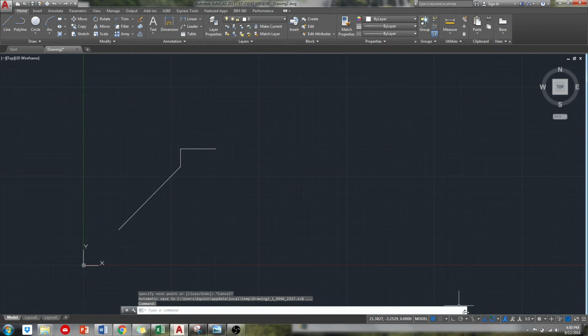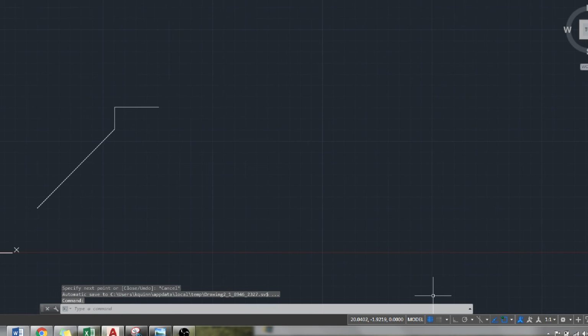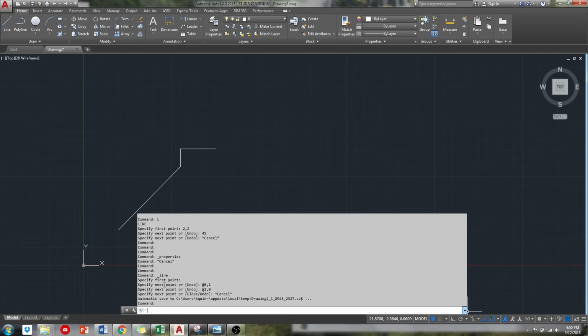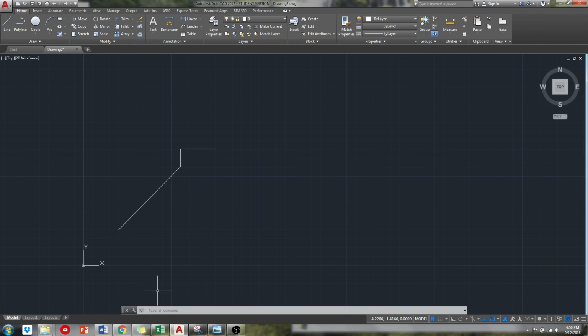We can even take a look at our command line. Specify first point: I clicked on that point to start off. Specify next point or undo: I said at 0, comma 1. So it didn't go left and right, it went straight up 1 unit. Next line, 2, comma 0. So it went straight to the right 2, and did not go up and down. Getting used to the line commands is going to be very, very important in here, and